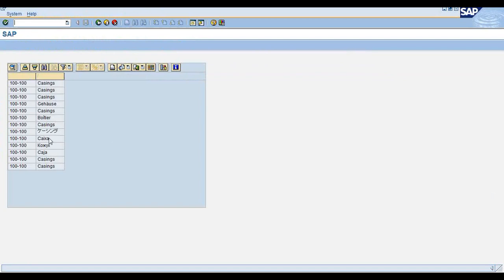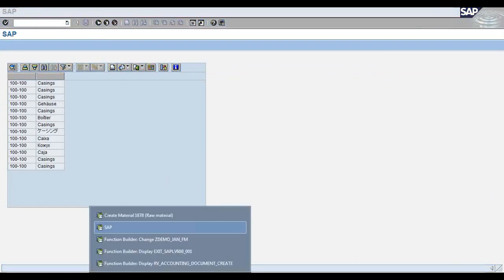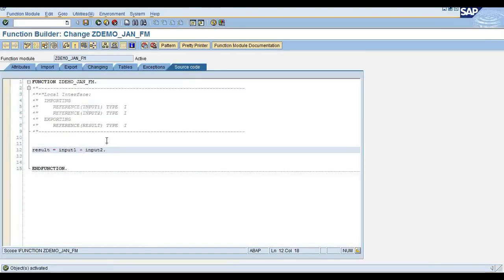This is how the report output will look, something like this. But these reports have some limitations on how much you can print and how much formatting you can do in the output. But sometimes when we create these documents, the user says, okay, I'm creating this purchase order in the system